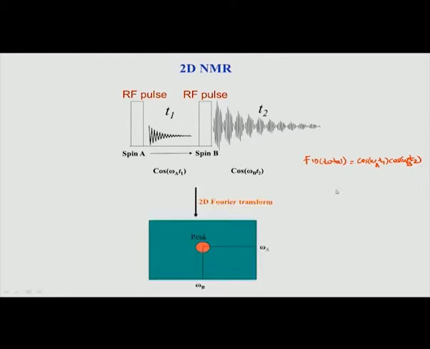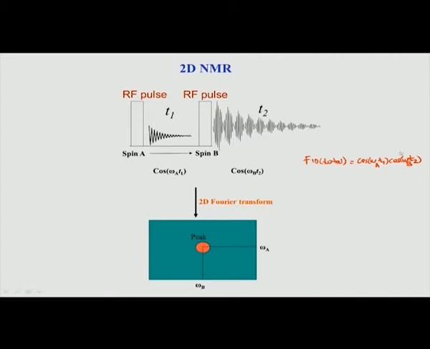Now if I do a Fourier transform of this FID mathematically, I will not do a single Fourier transform, I will do Fourier transform 2 times. First I will Fourier transform along T1. T1 is also modulated by T2. This is called intermodulation, both of them are modulating each other. That means any FID I detect for B is affected by A, and any FID along A is affected by B. So mathematically they are connected to each other. When I do a Fourier transform along T1, for this FID, I will get omega A.